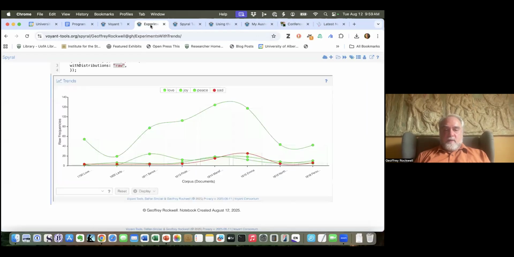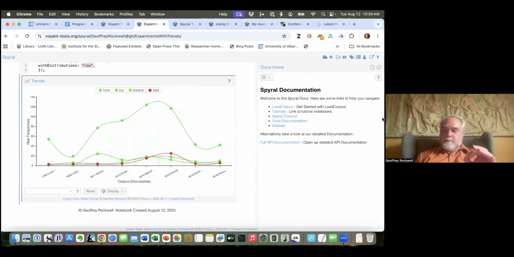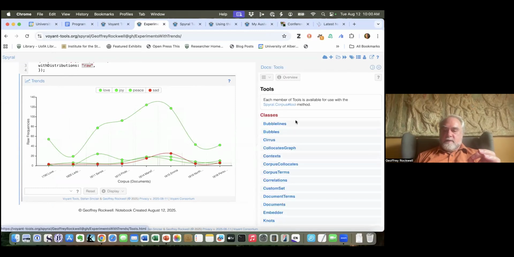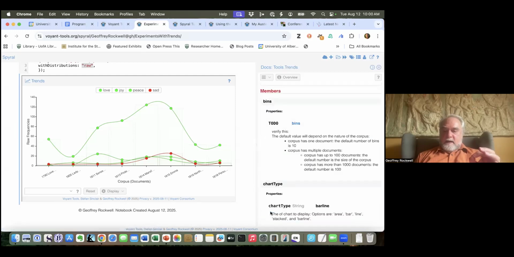There's a more useful way when you're programming Spyral, and that's to click the little plus sign up here. When you click that, it opens this pane on the right. And if you're trying to figure out how to do something with a tool, you click on the tools documentation and it gives you a list of the tools in alphabetical order. So down here is trends. I click trends